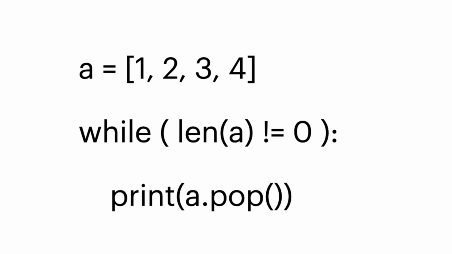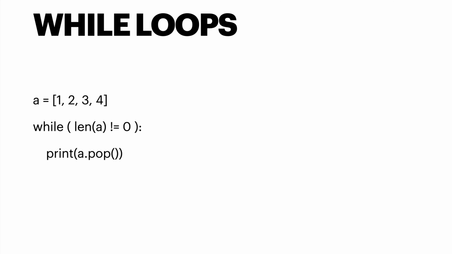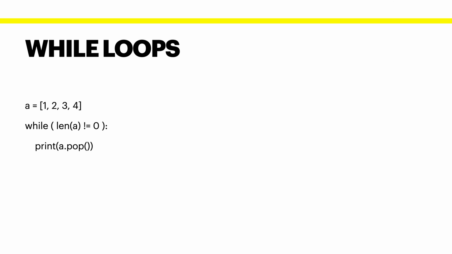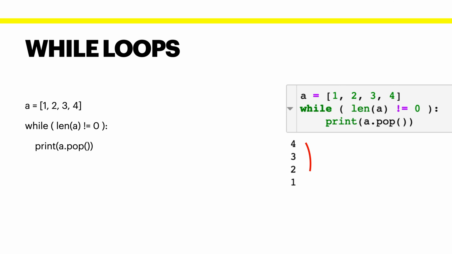This pop method will remove the last element from the list and return that element, or return the removed element. And what this print statement will do is simply print the returned element on the screen. Now on executing this code, our output will be as follows. You can see that the first number which is printed is 4, then we have 3, then 2, and then